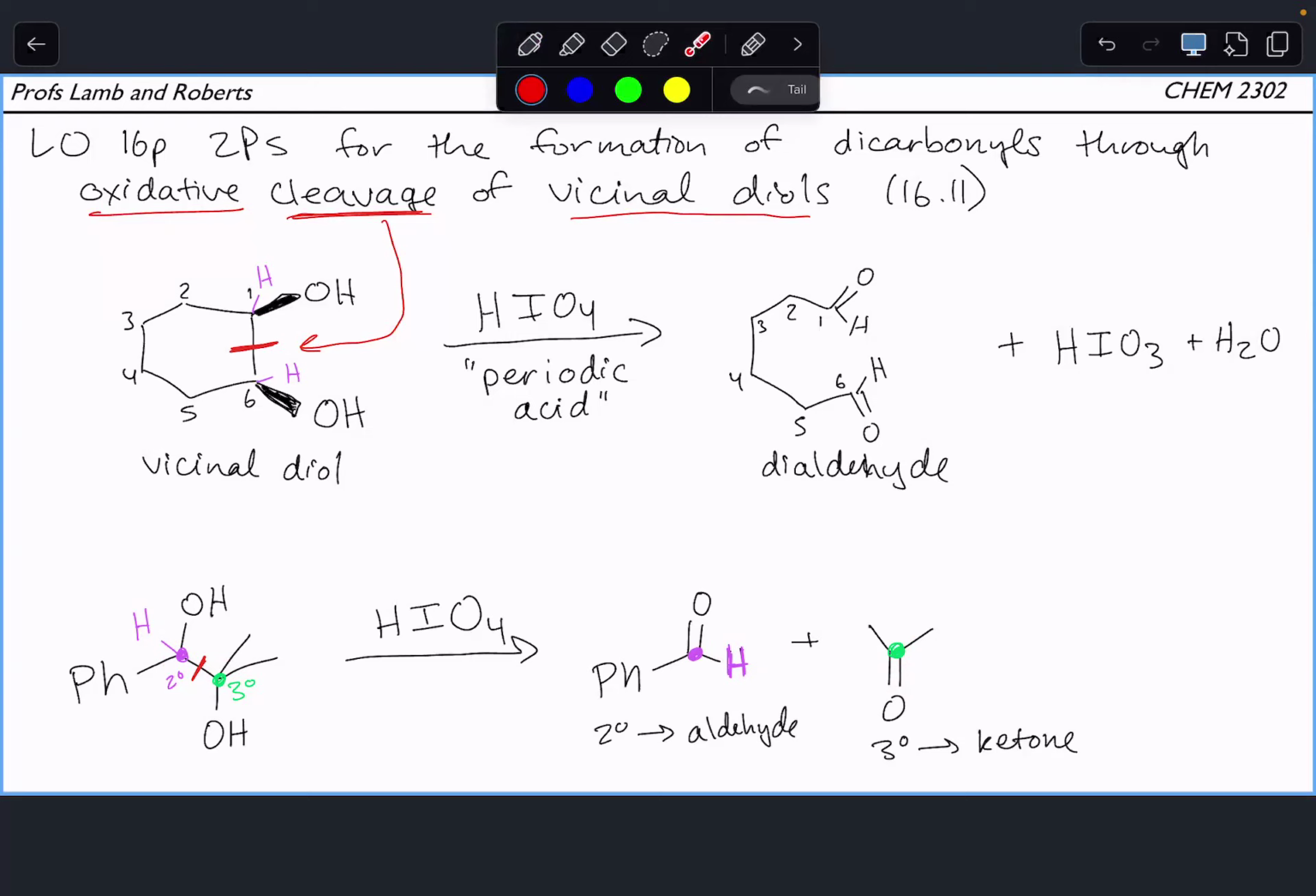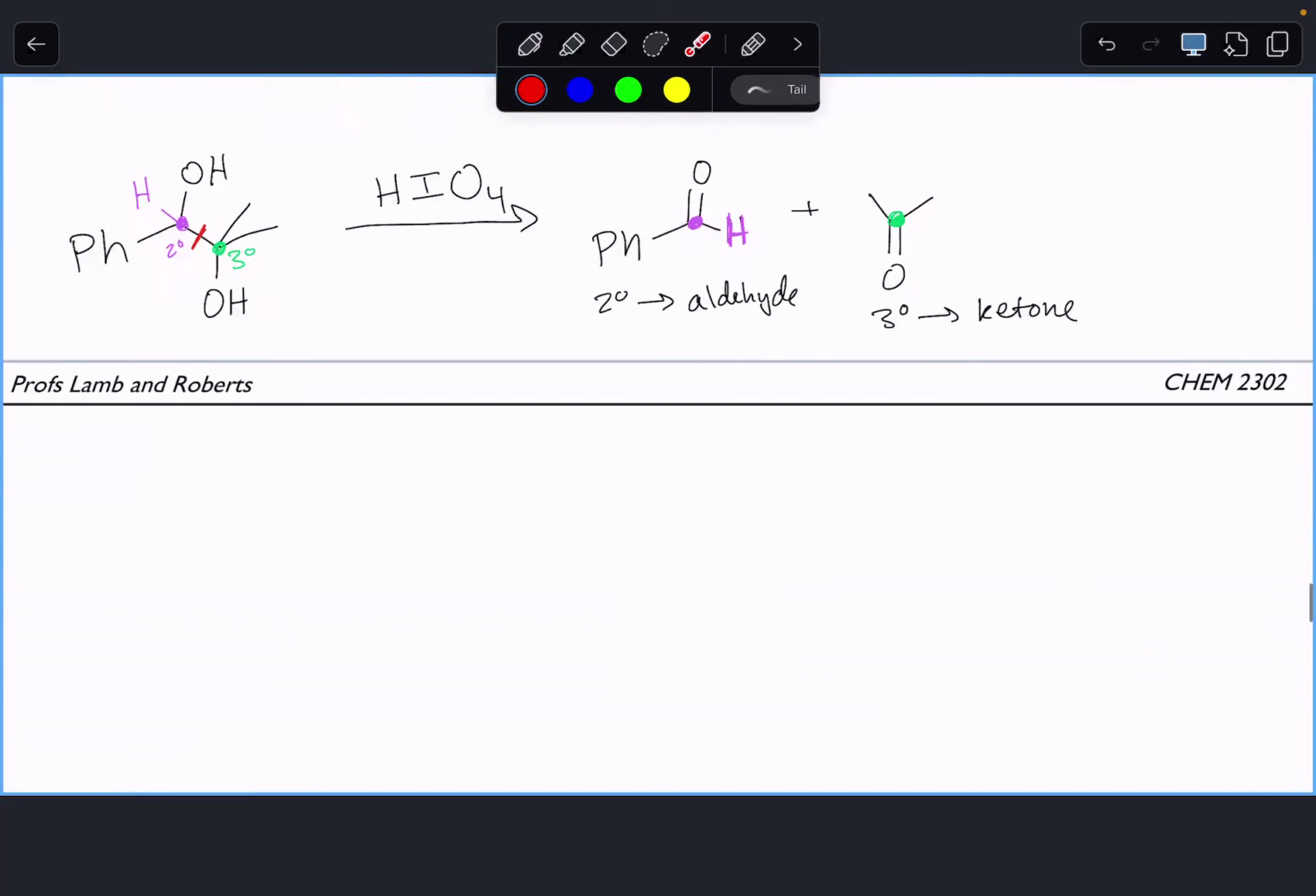Questions on that? Cut the bond in between it, oxidize it up. Oxidative cleavage. Okay? Why might we want to use this? Let's look at a multi-step synthesis example of why we might want to use these reactions, and especially these reactions together. So if, for example,